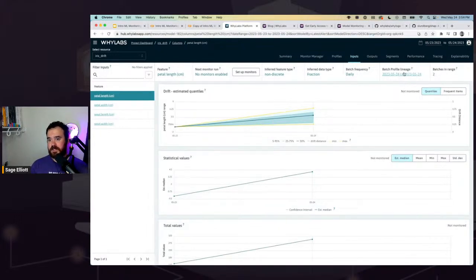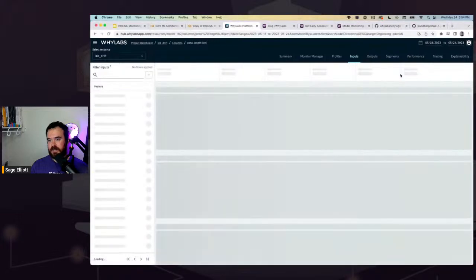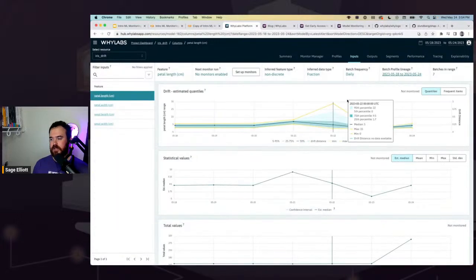And you should have this batch profile lineage section that you can just tap on, and this will bring you to the view where you can look at all the data that was ingested. If that's not the case, again, let me go through at least setting the monitors and a couple other code cells, and then we can walk back and maybe look at what could be going on in your Colab notebook. Potentially you missed a code cell as well. Could be that could be it.